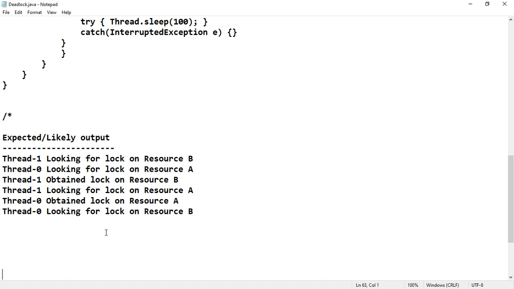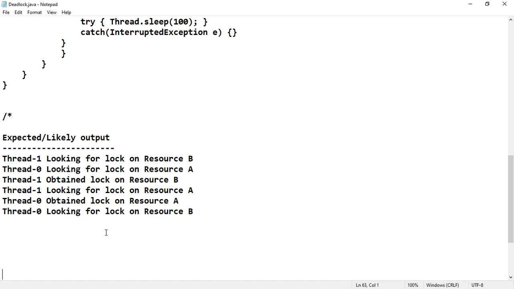The expected output is like this: thread 1 looking for lock on resource B, thread 0 looking for lock on resource A. Again, thread 1 obtains lock on resource B, thread 1 is looking for lock on resource A. Thread 0 has obtained lock on resource A, and thread 0 is looking for lock on resource B. So you see looking for lock on resource B and looking for lock on resource A. That is, thread 1 is looking for lock on resource B, and at the same time thread 0 is looking for lock on resource A. B is looking for A's synchronization code and A is looking for B's synchronization code.